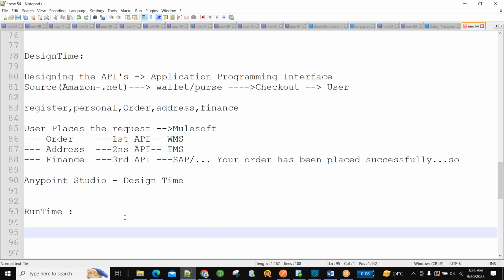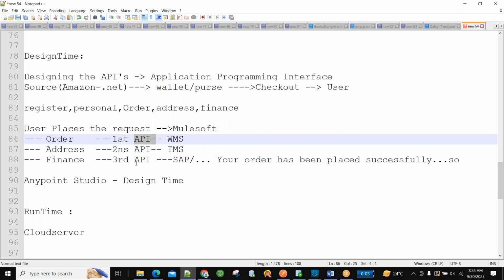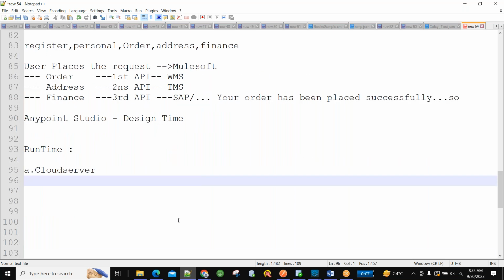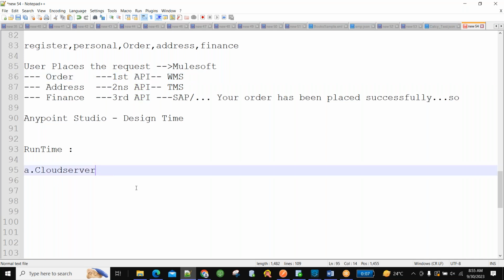In case of MuleSoft, we have a cloud server, which is managed by MuleSoft. So whatever APIs we are creating here, we will be deploying to the cloud server. Many people have questions, like why is the cloud server the only option. No, MuleSoft has given flexibility. If you want to deploy your APIs to our cloud server, yes, you can go ahead and deploy it. We will support it. Otherwise,